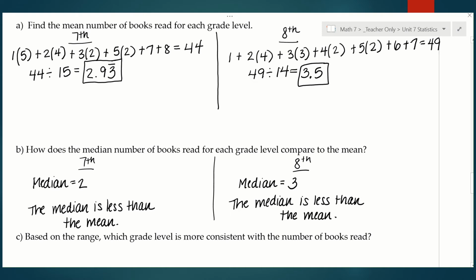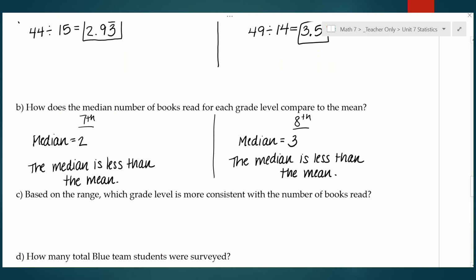Okay, great. Part C, based on the range, which grade level is more consistent with the number of books read? Okay, so we talked a lot about consistency in the last lesson. And so remember, the smaller the range, the more consistent the numbers are. Okay, the greater the range means that your numbers are more spread apart, which means it's not as consistent. So let's talk about